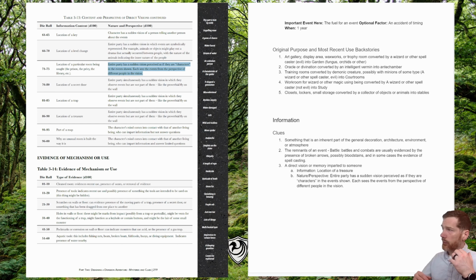And the way that the party receives this information is the entire party has a sudden vision, perceived as if they are characters in the events shown. Each sees the events from the perspective of different people in the vision. As I'm rolling this up and putting it together, one of the things that pops to my mind is that